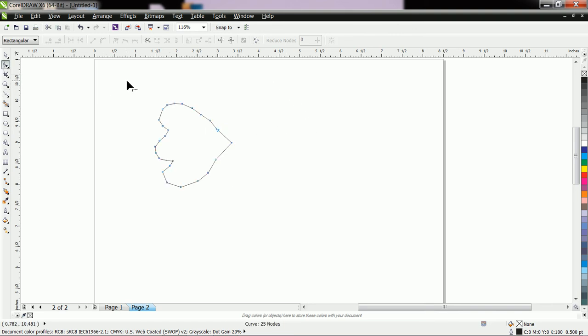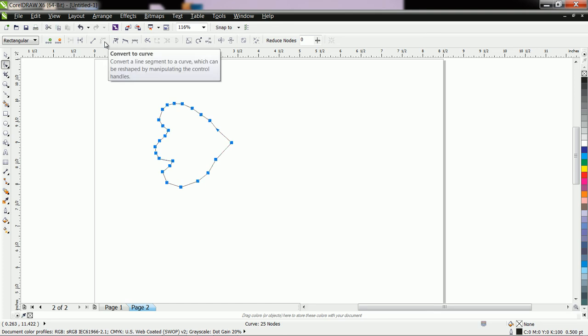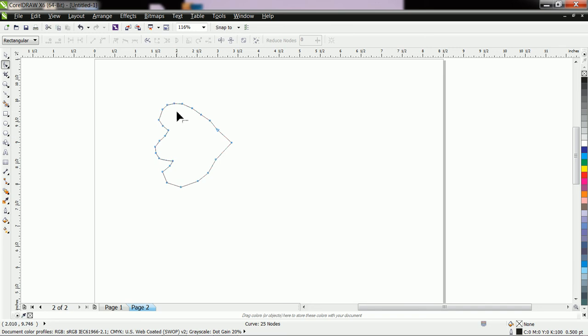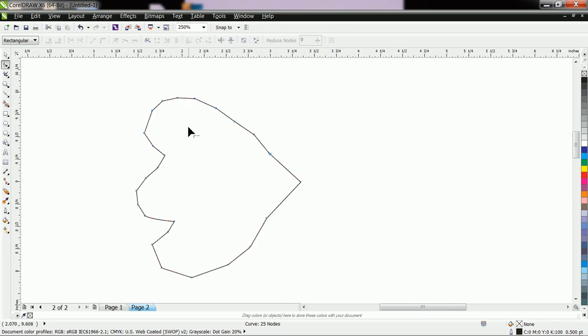Then click on shape tool, select the whole shape and go to convert to curve. Okay, click first anywhere on the page and then you can edit this shape. Okay, let us zoom it with the help of mouse scroll. Now here, if you want to create a smooth shape, then you have to remove unnecessary nodes. Suppose for forming this shape, some nodes are necessary. For example, this node is necessary, this one and this one. Therefore, let us remove the unnecessary nodes.